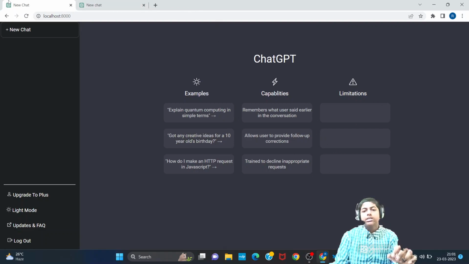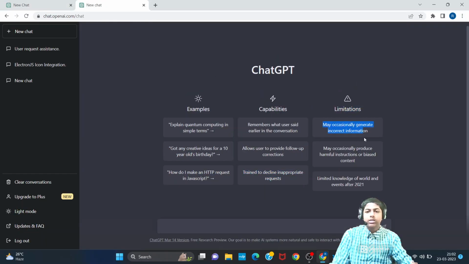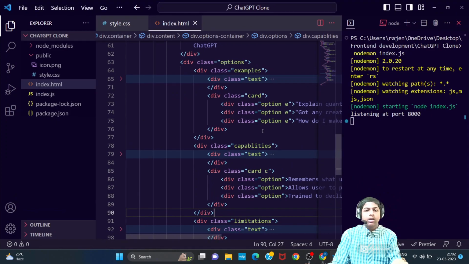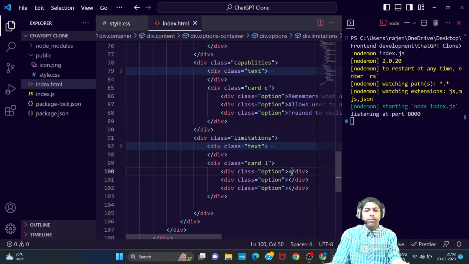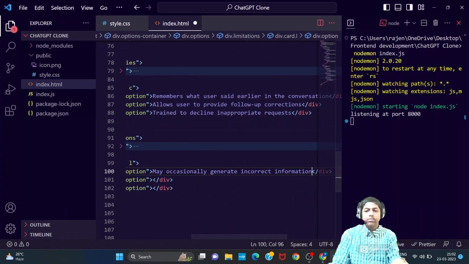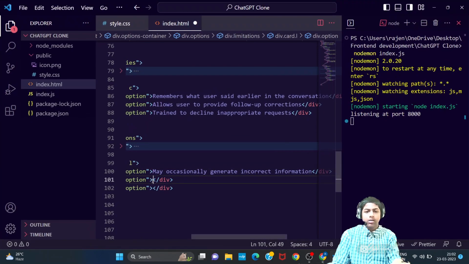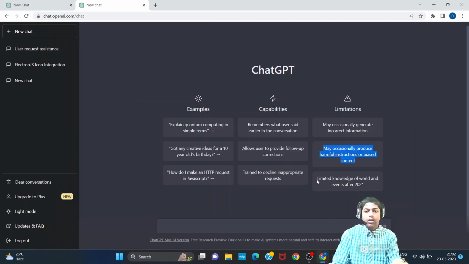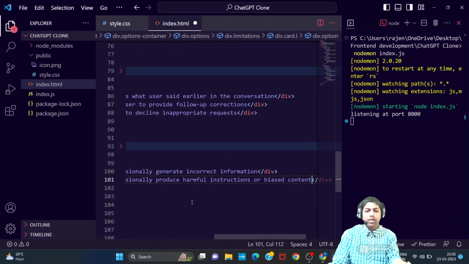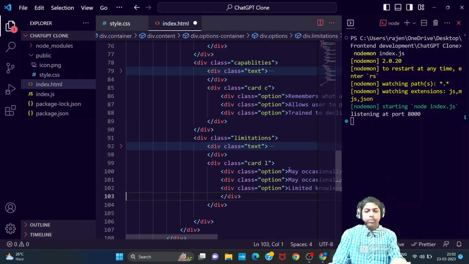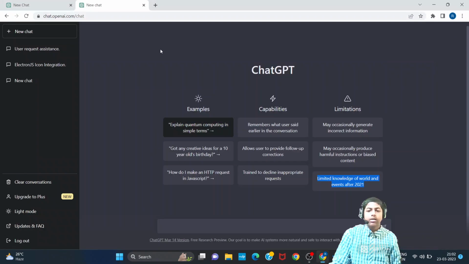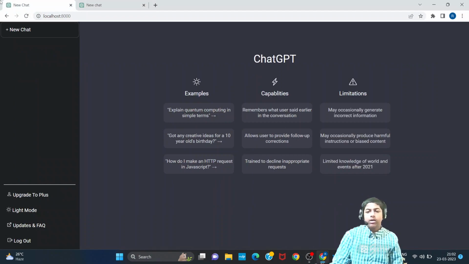Now the limitation is left. Capabilities is done. We have three cards here. Example is also done. Now about the limitations. So let's do the same thing. Copy this and paste it here. Paste. Copy this. Copy this. And we're going to paste it here. Reload it. Now if I go back, okay, now you can see